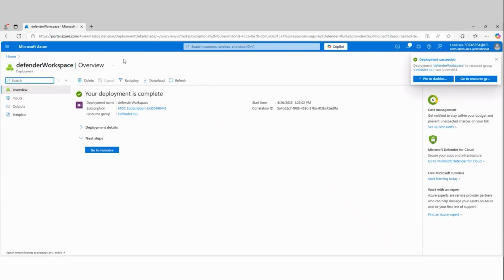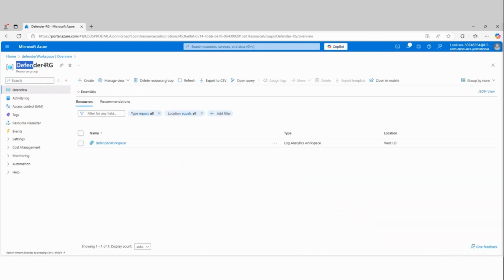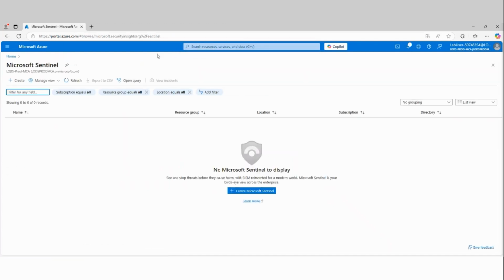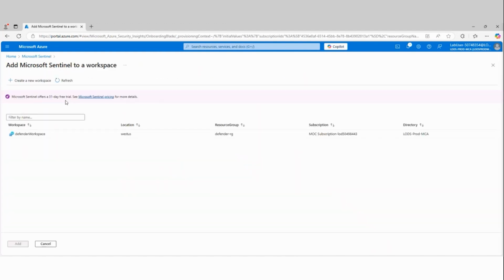Okay, so now that our log analytics workspace is created, let's take a look. There it is. Here's our resource group. Here's the workspace itself. If we go to the log analytics page, or even go to Sentinel now, and in Sentinel, if we create an instance of Sentinel, you'll now see there is our workspace. So now that I have an existing workspace that I can utilize that's not connected to any other Sentinel instance, I'm going to select that and add it, and it's going to add it to Sentinel.